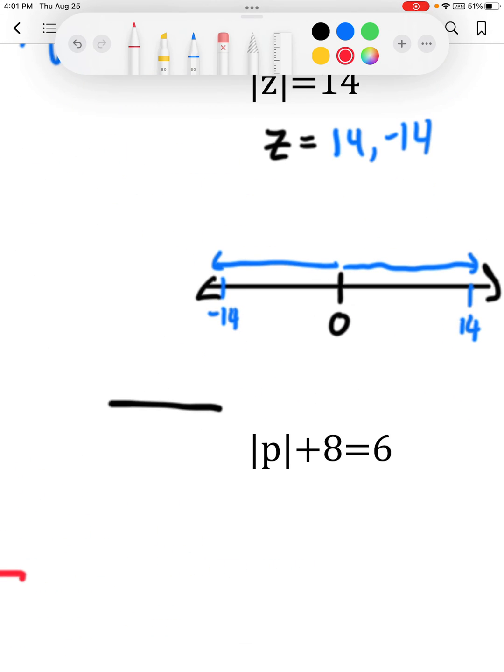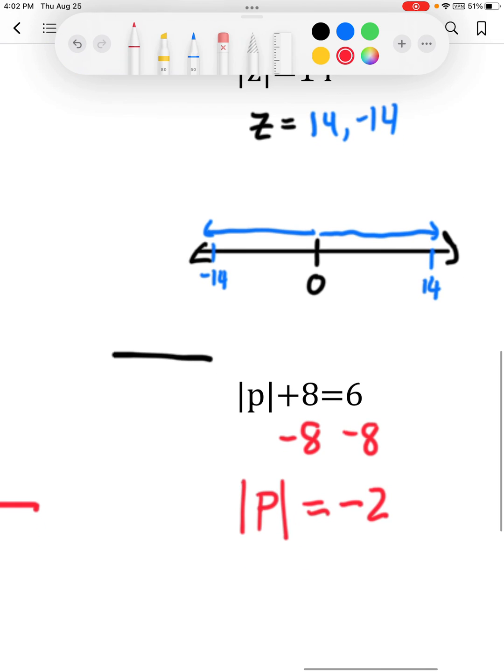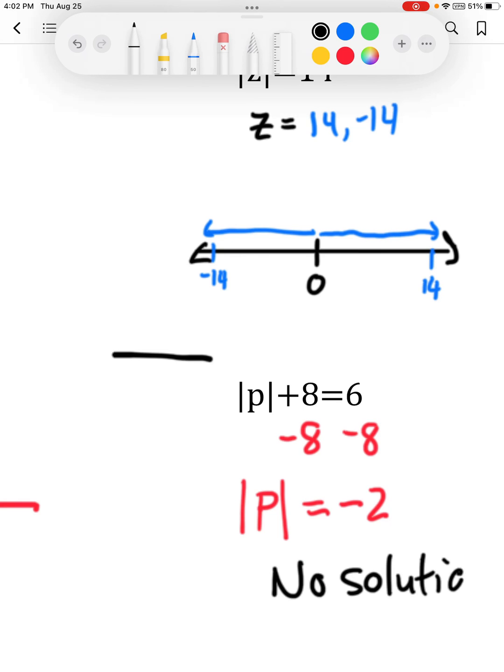All right, let's go ahead and look at our last one. The absolute value of p plus 8 is equal to 6. Now to get that p all by itself, we have to subtract 8, giving us the absolute value of p is equal to negative 2. Uh-oh. You can't take the absolute value of something and then get a negative. It's a contradiction. So the answer to this one is no solution,